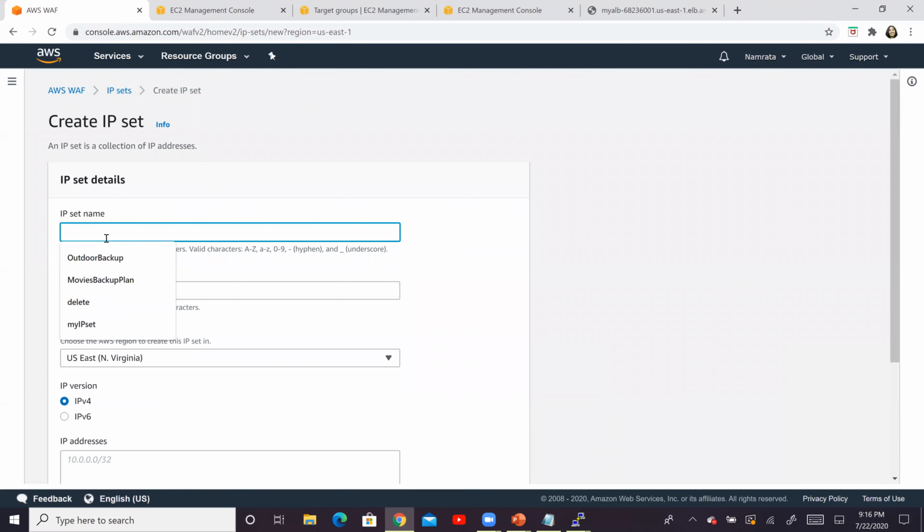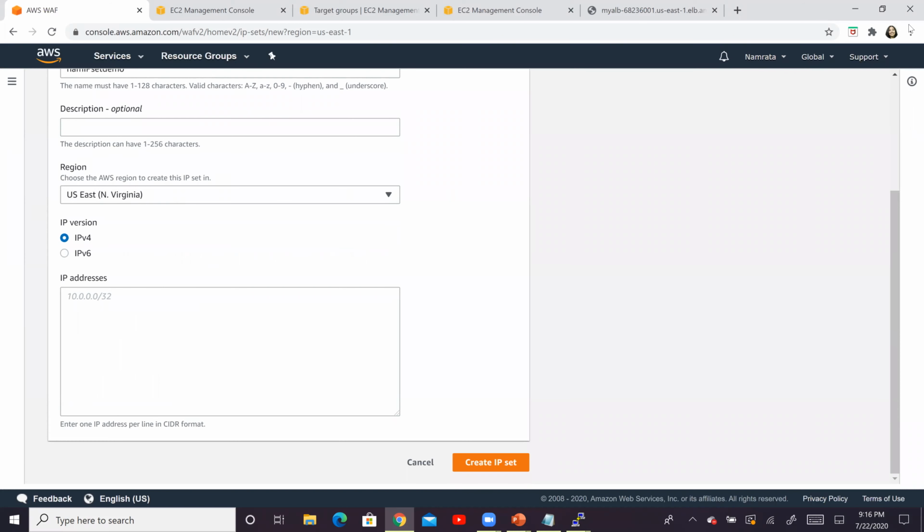And we'll give it a name over here. So we will say NAM IP set demo. Okay, so we will do that. And I am in East Virginia. Those two instances are also in East Virginia. And you could either use IPv4 or IPv6. And when I say you can use either of those two, I mean that when you are going to specify IP addresses over here at the bottom in this particular box, you can use either of these two formats. It's one or the other. You cannot use both of them together.